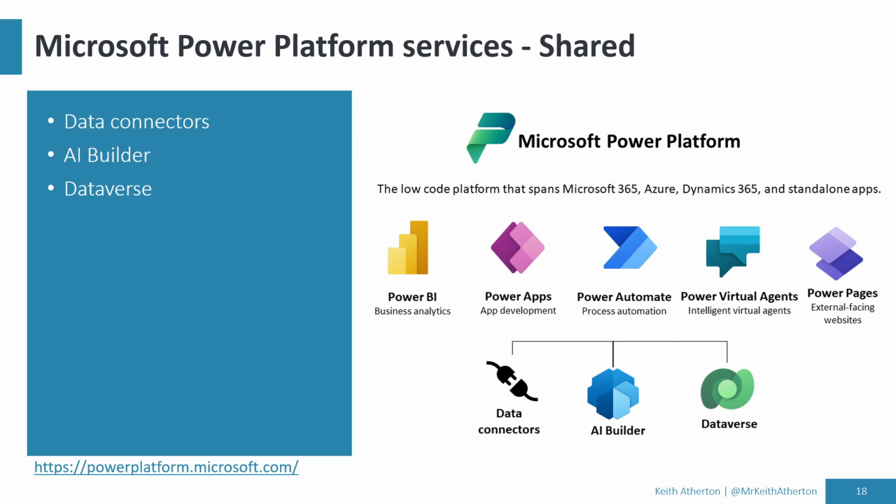Say, okay, this is what I'm going to connect to, this obscure legacy app that I've got. There's no connector that exists out there. You can actually create one, and then it's very usable. Next up, we've got AI Builder, and as it sounds, AI, artificial intelligence. There are a few models built in already, things like form recognition and so on, some common use cases. But you're actually able to train your own models as